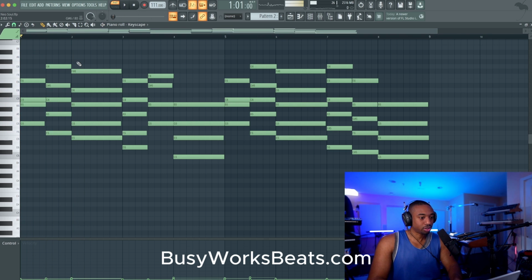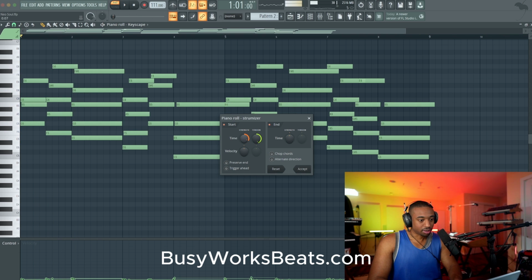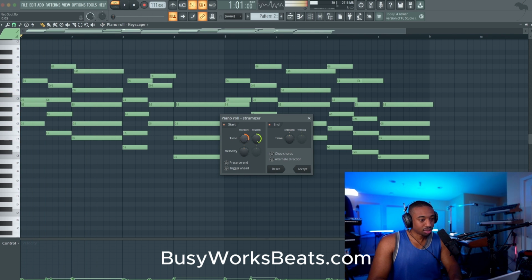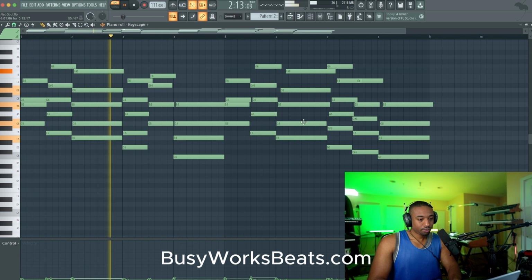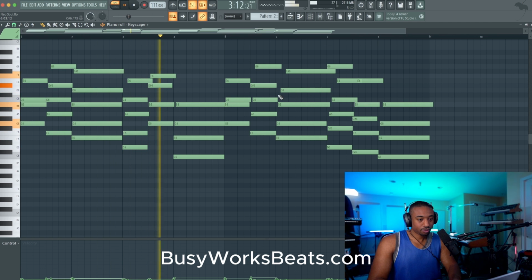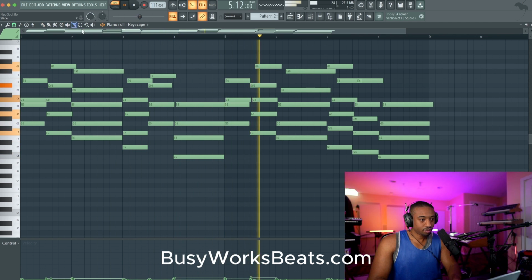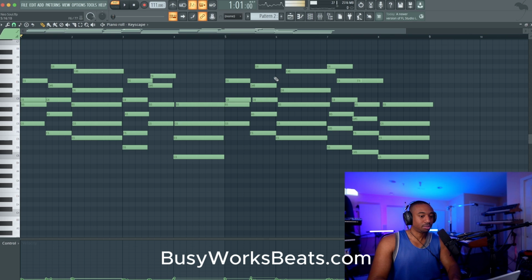Now let's add the strum, Alt S. I'm going to exaggerate this. Now, because we already humanized, the notes aren't strumming the same exact way. Now that chord, I wanted that same vibe, but this is a different ending.